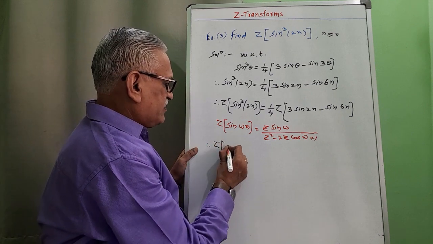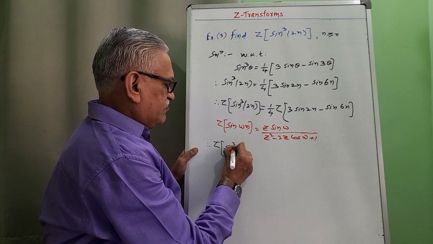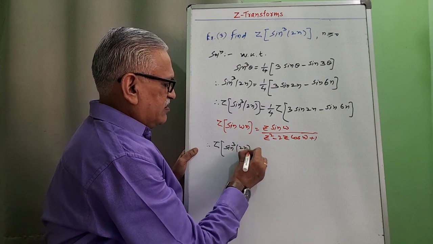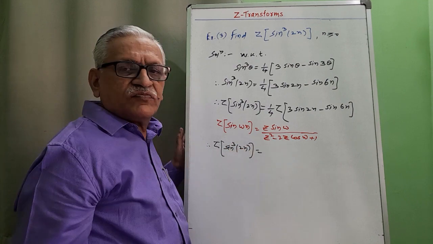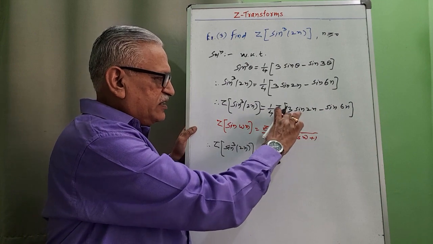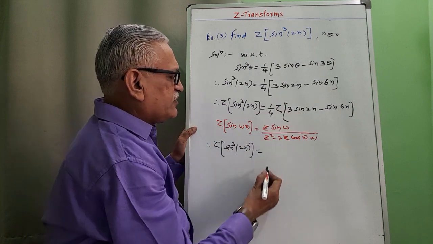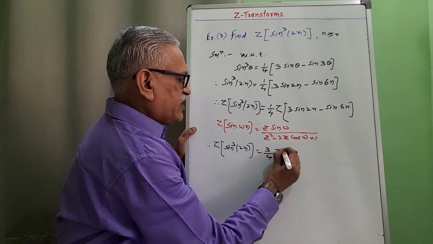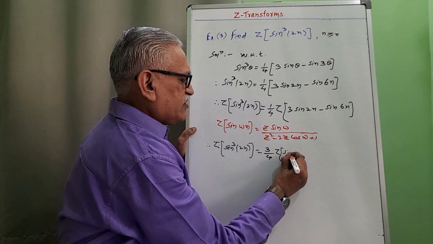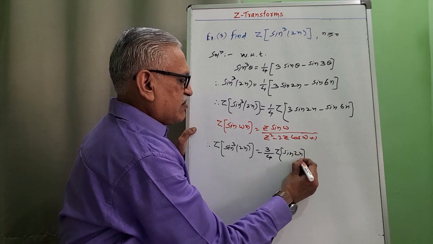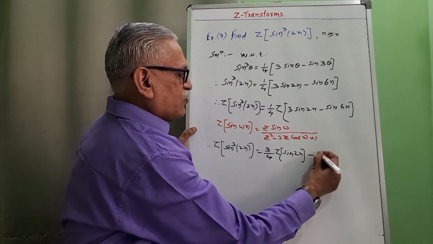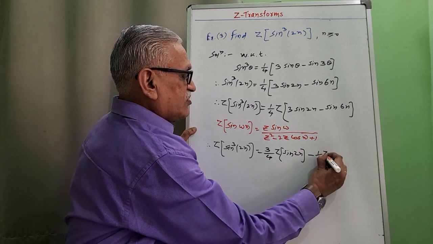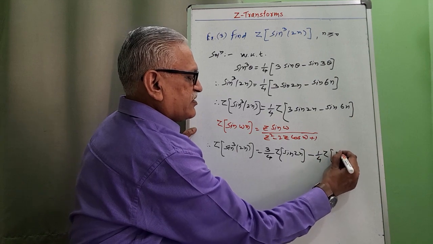Z transform of that sin³(2n) is equal to, this 3 also we can take outside, therefore it becomes 3/4 Z transform of sin 2n minus 1/4 Z transform of sin 6n,